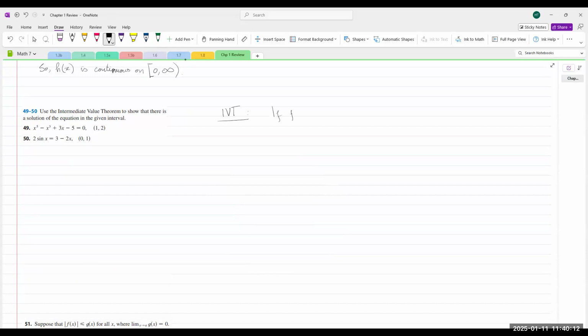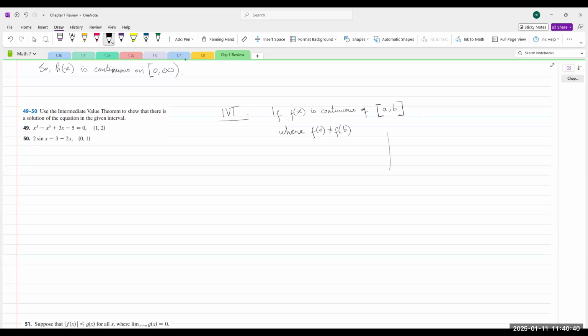If f(x) is continuous on a closed interval [a, b], where f(a) is not equal to f(b),